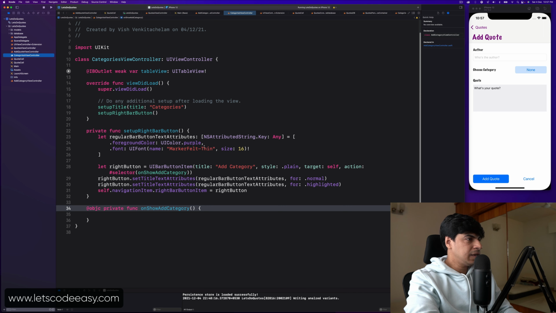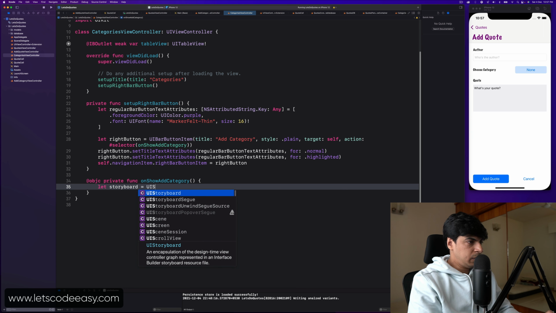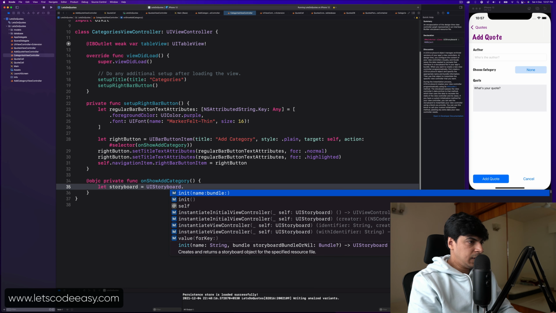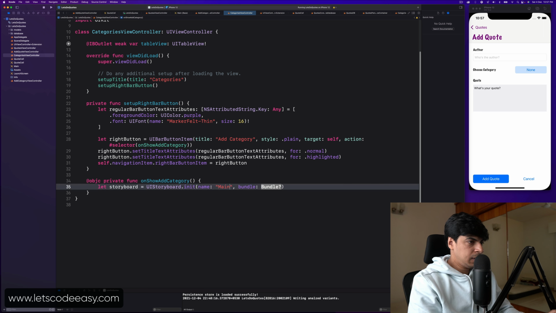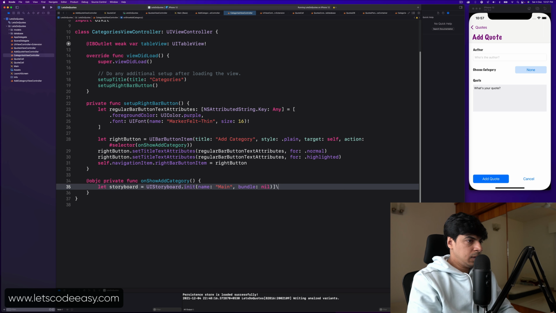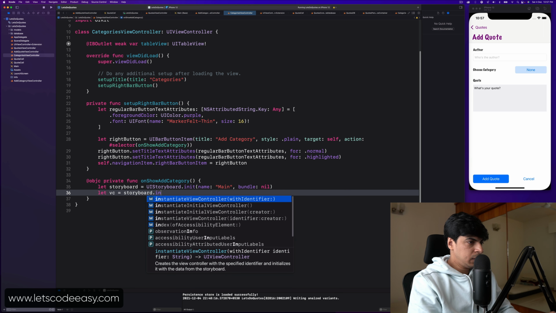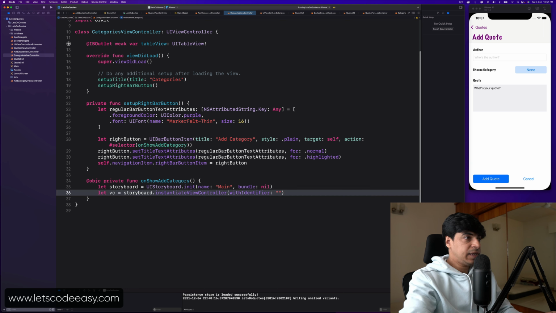So I was in the category screen. It should launch the story from the storyboard. So I need access to the storyboard. UI storyboard dot init using again the main nib, and I now need the view controller, which is going to be instantiated using the storyboard with the identifier. We have set it as... do I have it saved? Yep. Add category view controller as